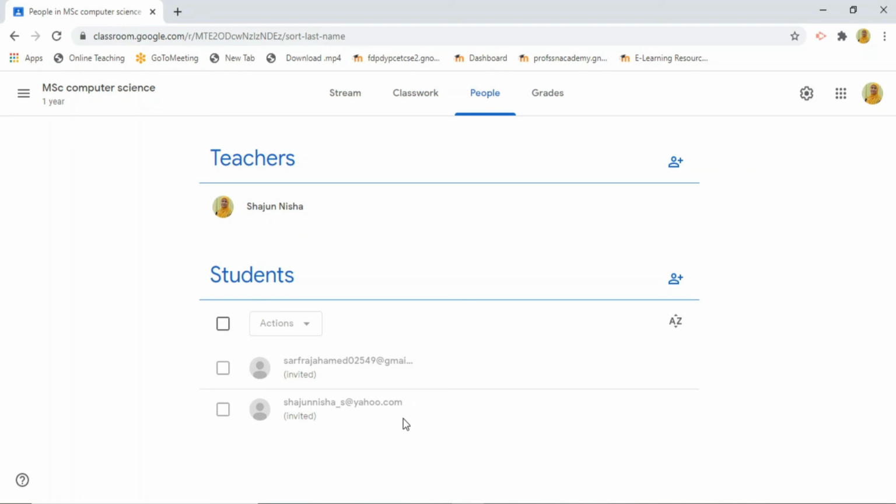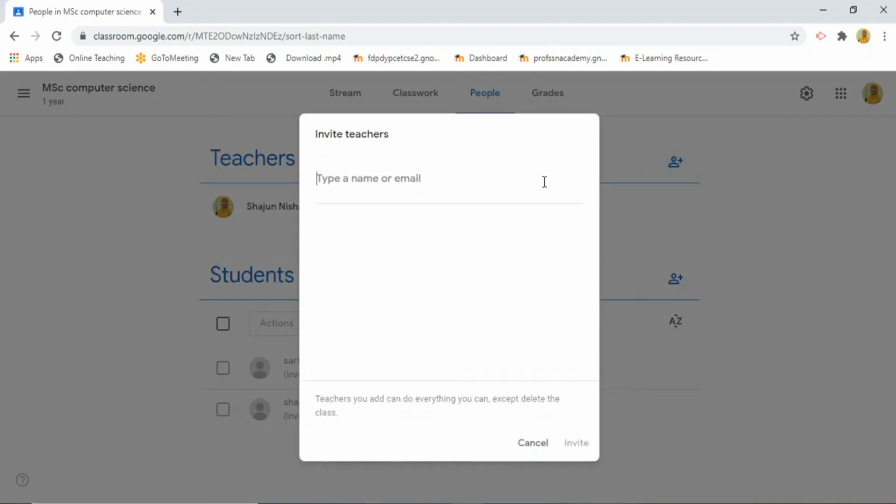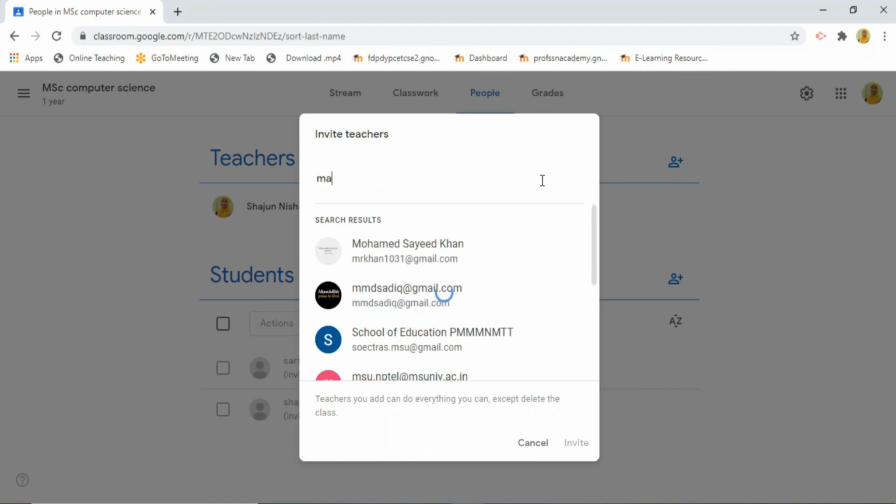Now the first option, that is teacher. What is the use of this teacher option? As we know, there can be multiple teachers, like two or three teachers teaching the same subject. If you want to add another teacher who is teaching the same subject, you can add that teacher into your classroom. How to add this? Again, the same procedure. Just click on this invite button and type the mail ID of the teacher.